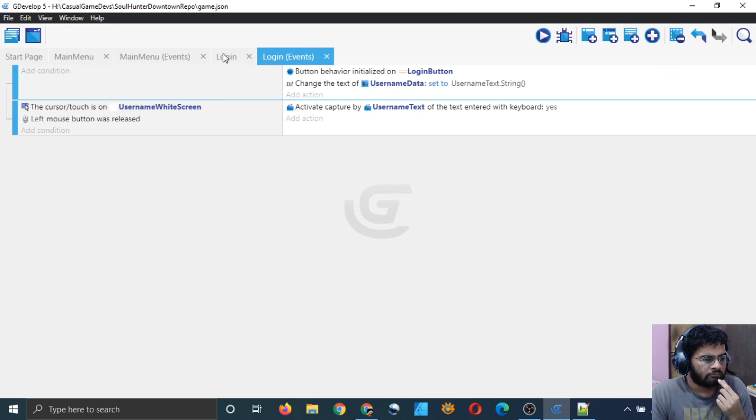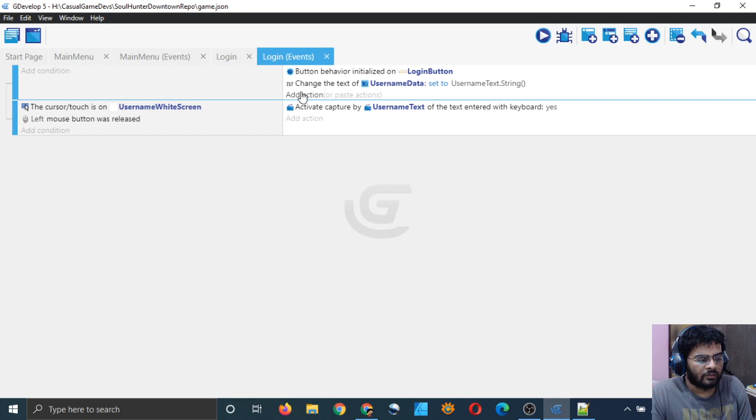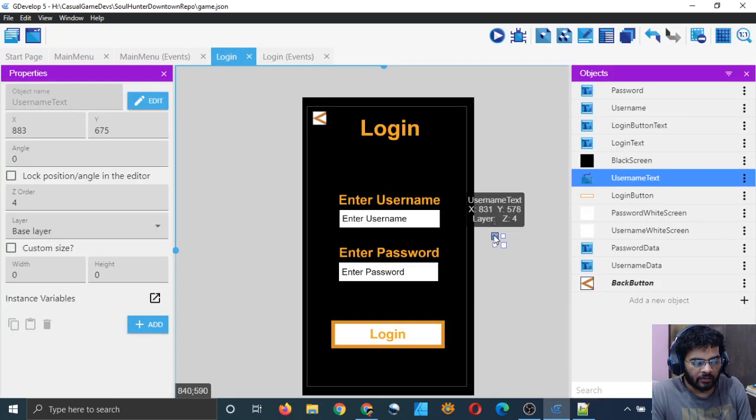Nice. Now let's do the same for the password. I will add another text entry object.